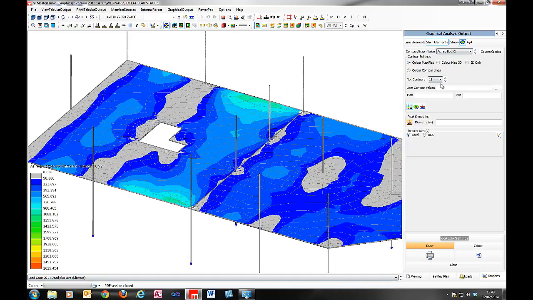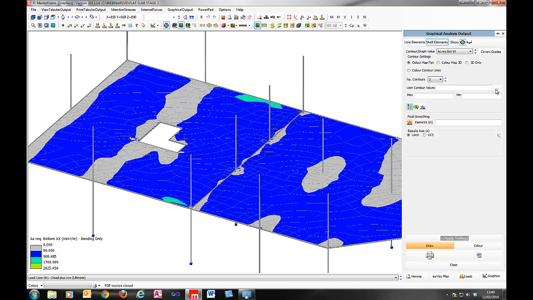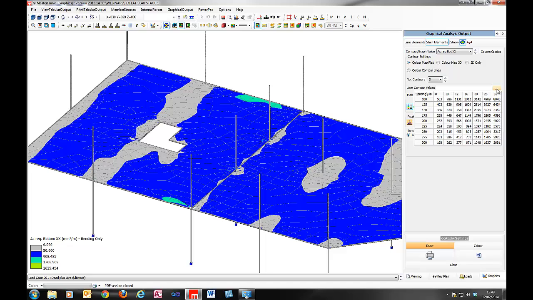Now, with that, it can be useful to drop that down to a minimum number of contours and introduce, using this handy little utility, some additional user-defined contours. You can introduce user-defined contours not just for areas of reinforcement, but for any of those quantities. But when it's an area of reinforcement, we give you this handy little utility of saying, right, well, I'm ranging between obviously 0 and